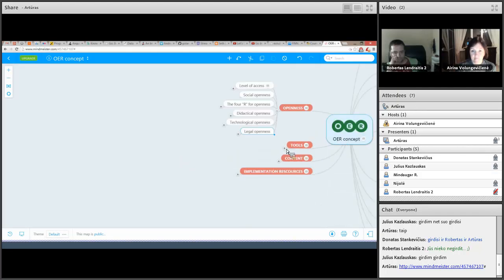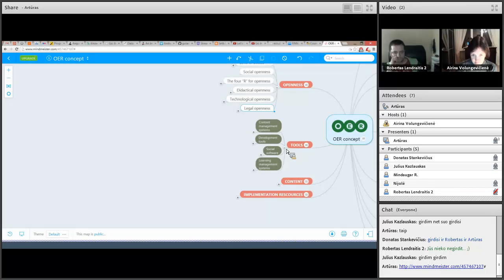And here you can get the tools which are related with open educational resources. So open educational resource also consists of the tools.